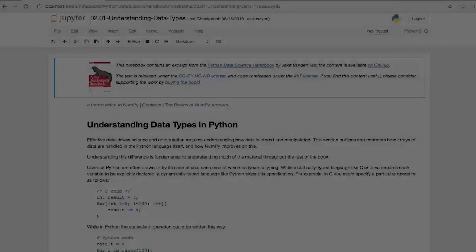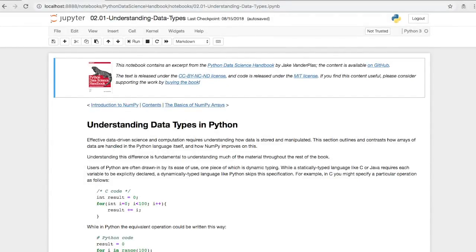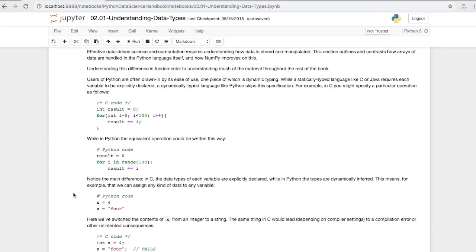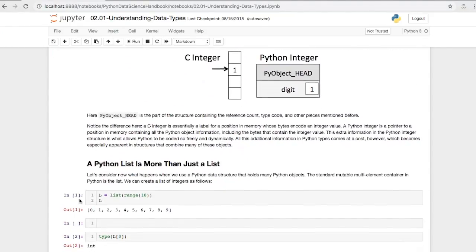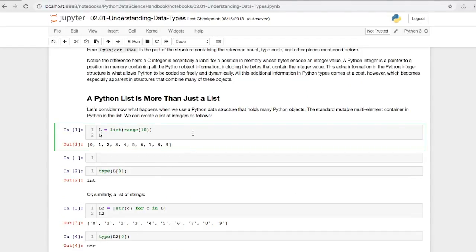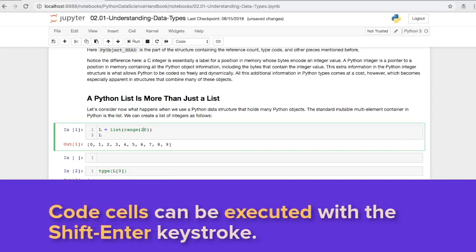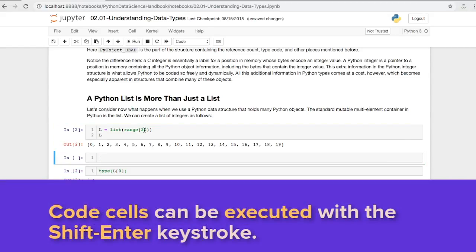For example, I have opened here a notebook from a data science book which I downloaded. We can see that we are not only viewing Markdown, which formats this explanatory text, but we are also viewing Python code as well in these cells here. This interface looks almost like a blog post, but the neat thing here is that I can actually interact with it. For example, if I tweak this line here and then execute this code cell, we can see that our